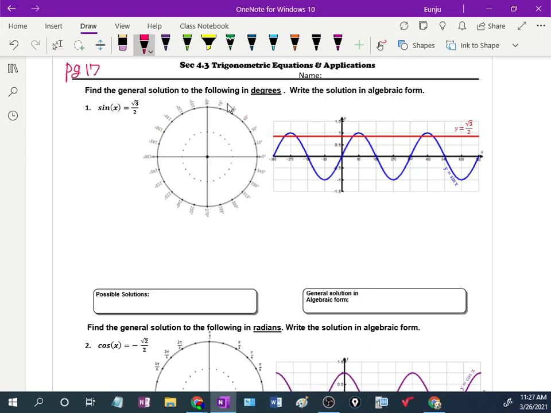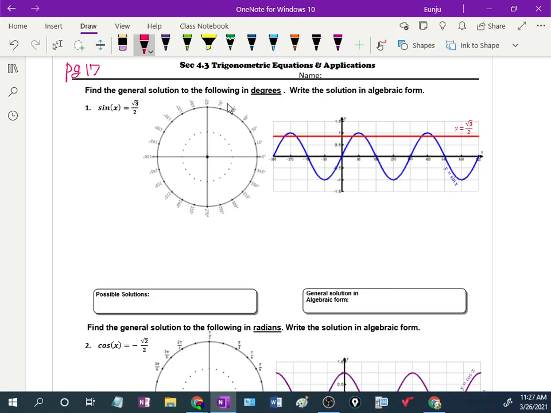Find the general solution to the following in degrees. Degrees are easier than radian measures to us, so let's start with the degrees. So most of the time, long time ago, we did x is between 0 and 360 degrees, so you find answers in that interval. But now I don't have that limitation, so we will think about generalizing this solution, okay? How do we go? So we will write down possible solutions, and we'll write a general way of writing this form